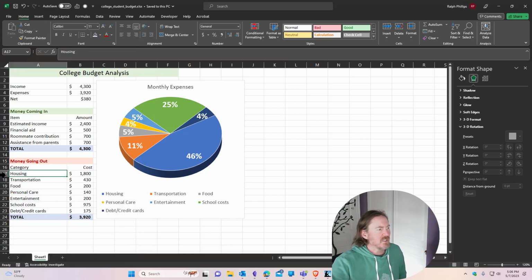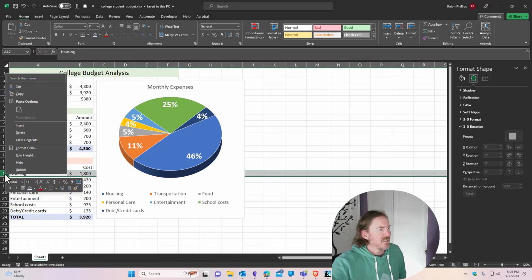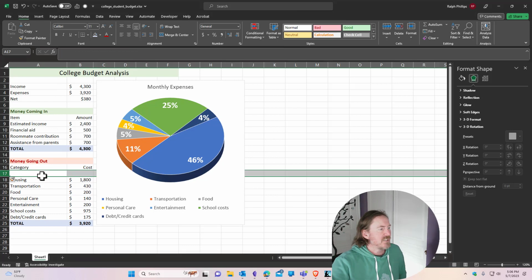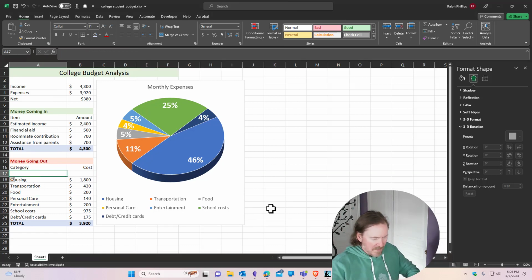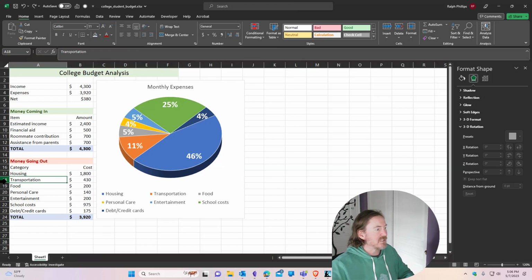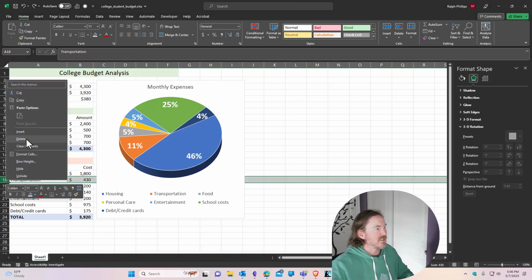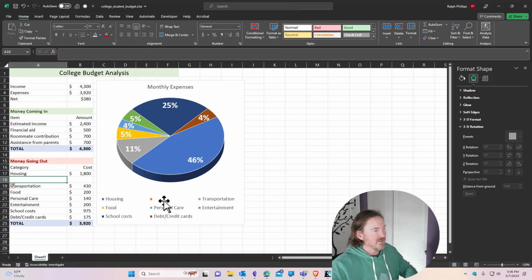I'm going to insert a row. Check this out. Right at housing, I'm going to right-click on that row number, and I'm going to choose Insert, give myself a new row, and I'm going to put Savings. Actually, I meant to put that below Housing, so let me Control Z to undo. I'll try this again. I'm going to click on Transportation, right-click and Insert. There we go. And now I'll put Savings, and I'll go ahead and put